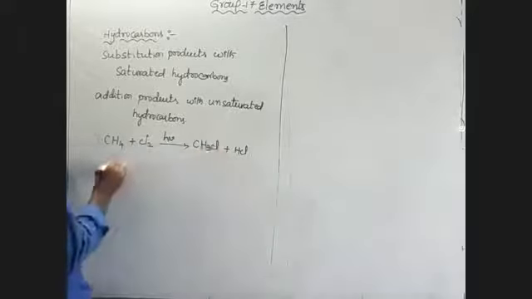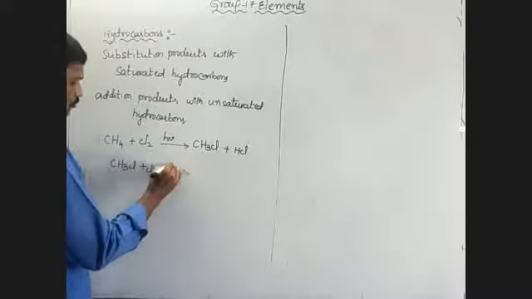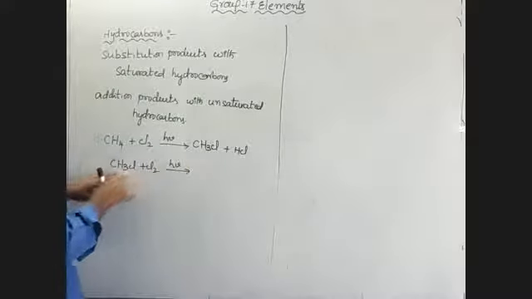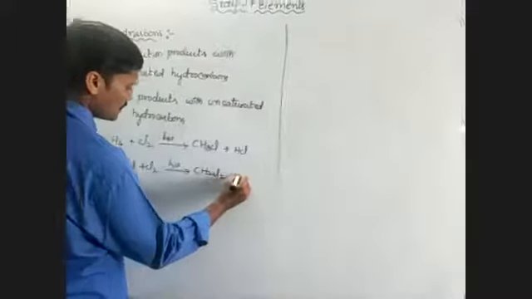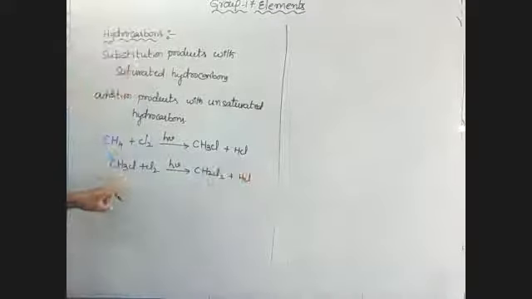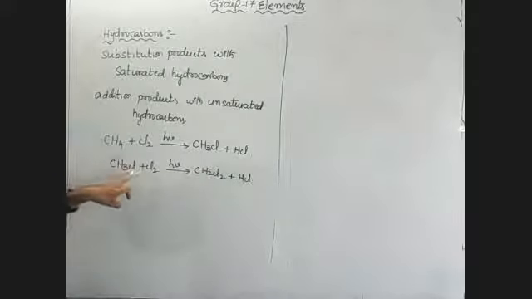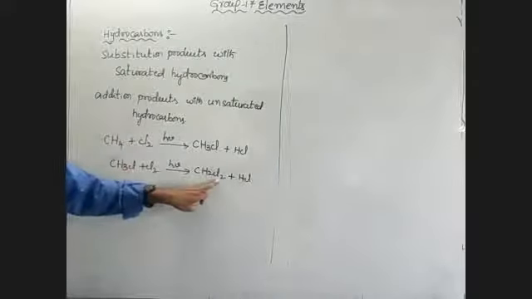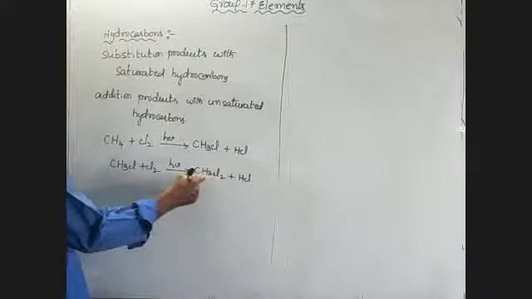So next, this methyl chloride combines with another chlorine, it forms, we have 3 hydrogens, in place of one hydrogen another chlorine comes, that is CH2Cl2 and HCl. Here one of the 3 hydrogens was replaced, so we wrote CH2. Another chlorine came in place, we wrote Cl2, HCl. This is methylene chloride or dichloromethane.